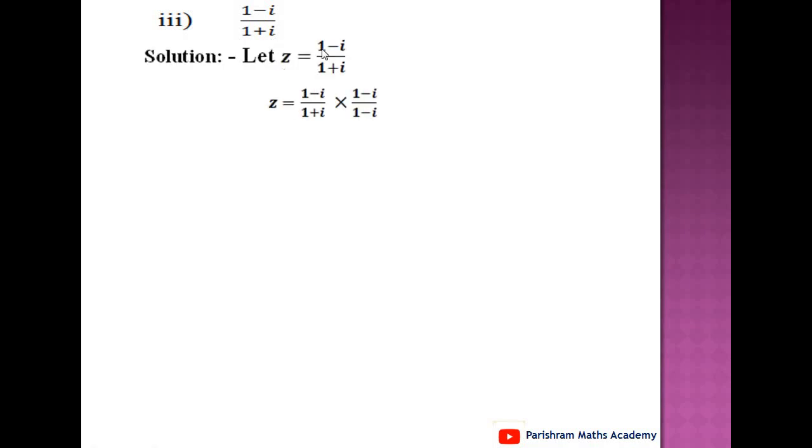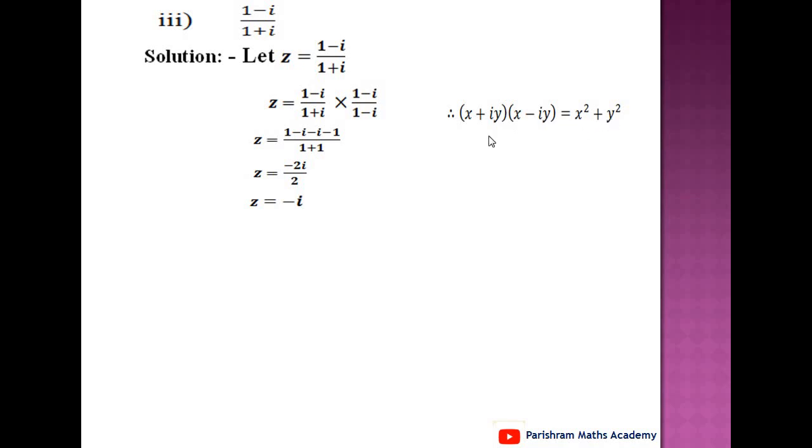Solution. Let z equal to 1 minus i upon 1 plus i. First we can simplify. You can express this complex number in the form x plus iy. For this we can multiply and divide by the complex conjugate of the denominator, that is multiply and divide by 1 minus i, and then we get 1 minus i into 1 minus i. Taking the usual product we get 1 minus i minus i, last term is minus minus plus i square, value of i square is minus 1, upon,